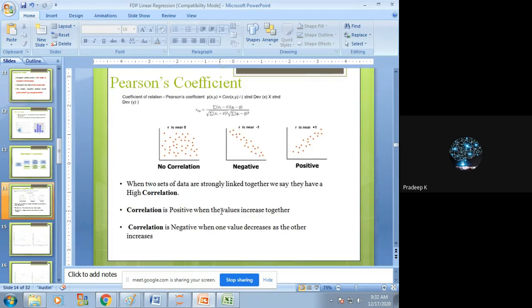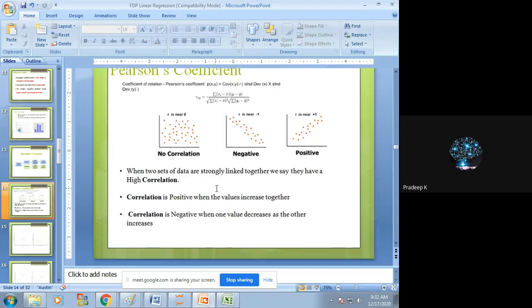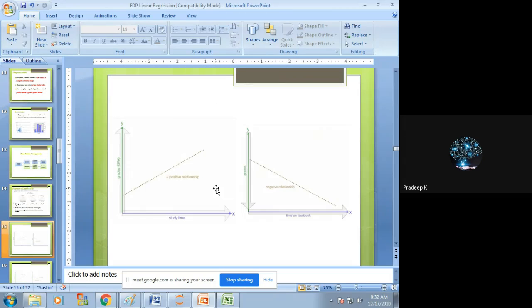right? So we have plenty of coefficients. One of the coefficients is the Pearson coefficient. So this is actually a coefficient formula, right? Now, we have some use cases. Assume that. So there are two types of relationship: positive and negative. So what is a positive